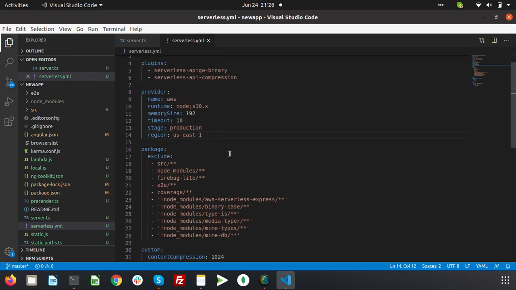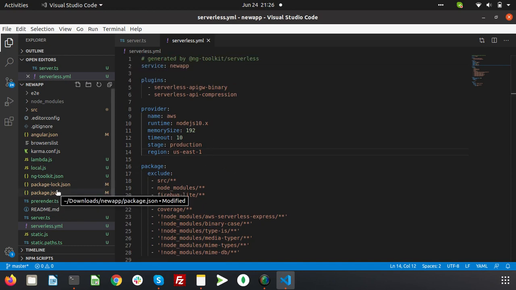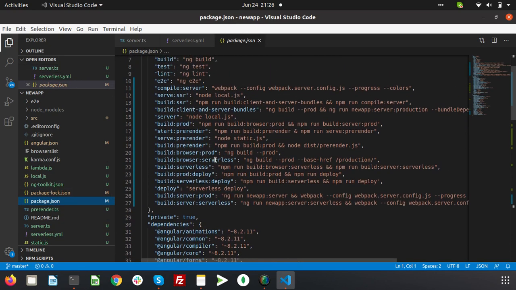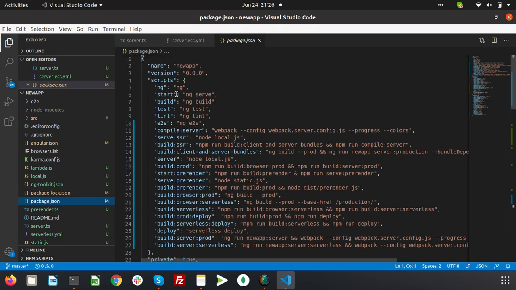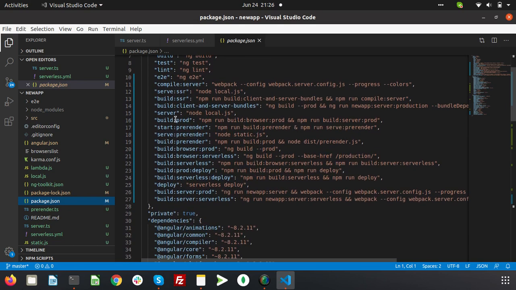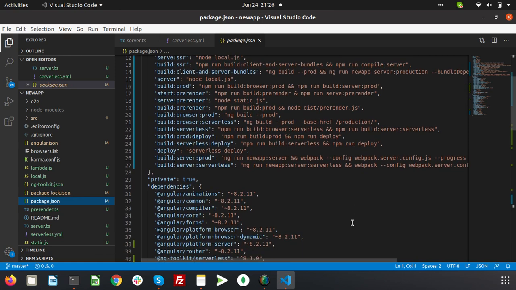And everything is complete. Now you can see from the package.json file that under the scripts, the build SSR script has already been added, so you can build it in a server-side rendering environment. So we can try to build the app.